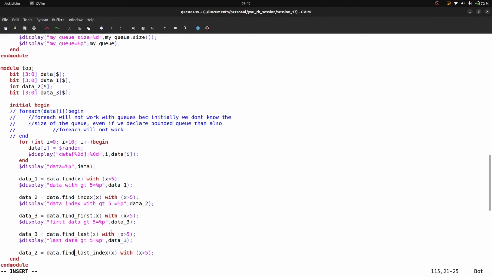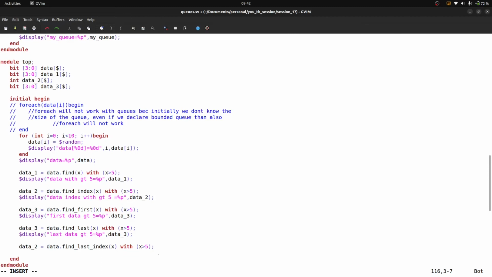This will return the last value which is greater than 5, and this will return the index which holds the value which is greater than 5, right? So last index GT5 is equal to percentile P, data_2.